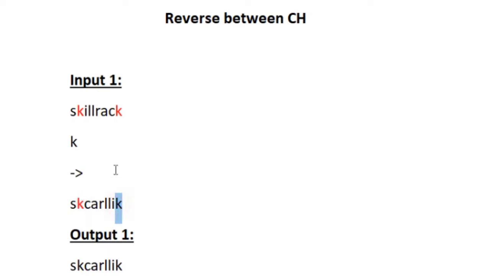it with k. In our output string we can see that initially the characters present between the first and last occurrence of k are I, L, L, R, A, C, and now in our updated output string the characters present between the first and last occurrence of k are I, L, L, R, A, C, but in reverse order. This is how our updated string looks, and this is our expected output also. Now let us see how to write a C program for this.